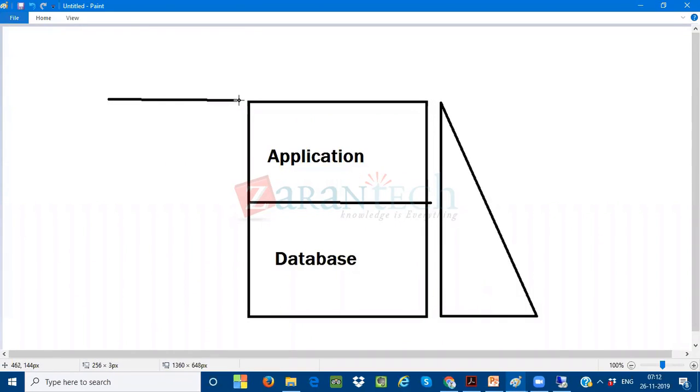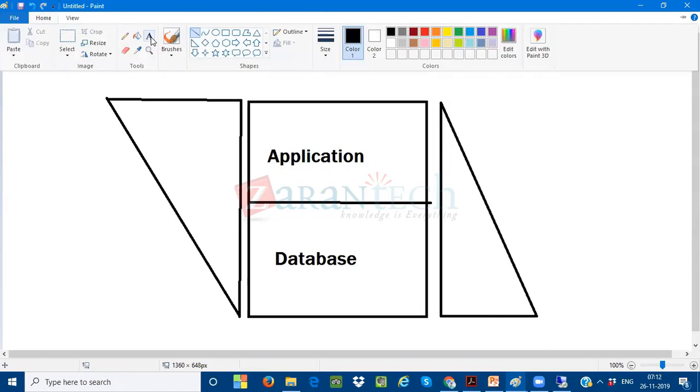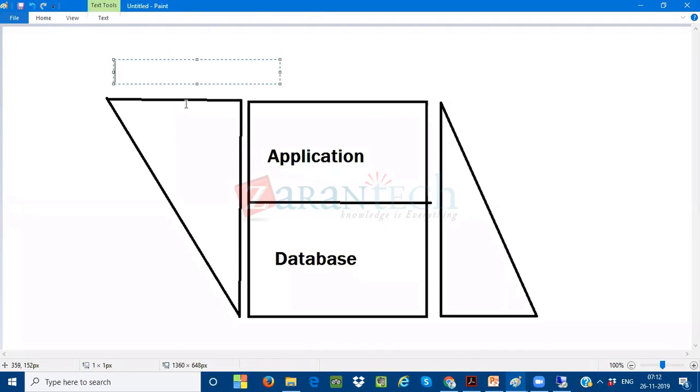Now you can see the difference over here. This is my classical approach, and this is my traditional approach.